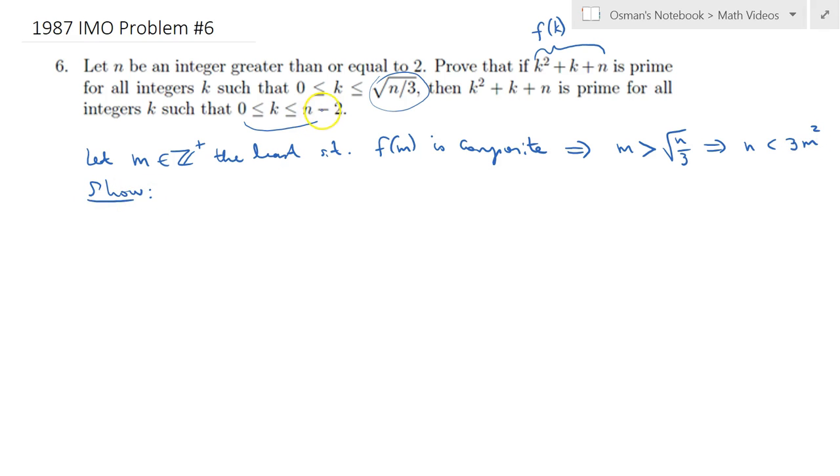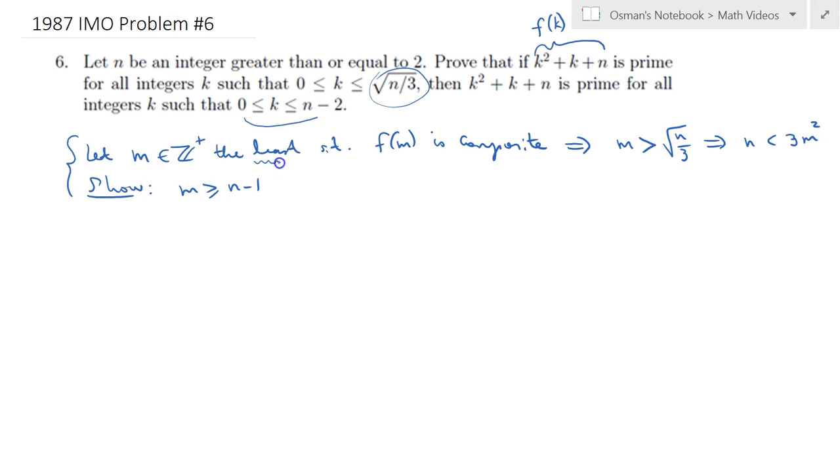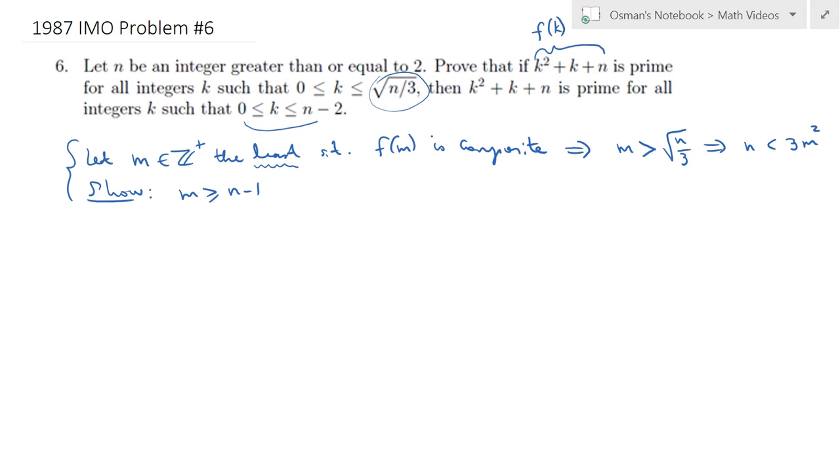Yeah, we need to show that m is greater than or equal to n minus 1 here, right? So this is an alternative formulation of the same problem, but somehow we love this formulation because it makes use of this extremal argument, which is a very useful strategy in problem solving. So because f of m is a composite number, let p be the smallest prime divisor of this number. So let another extremal principle type of argument, and let p